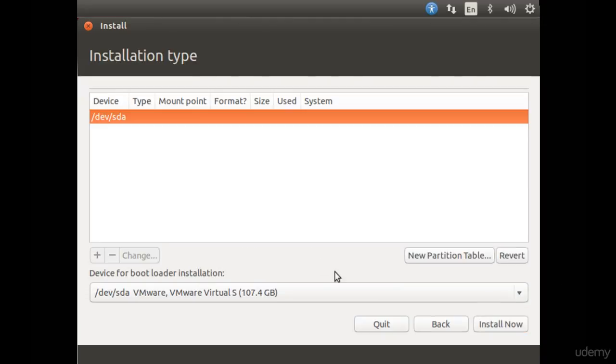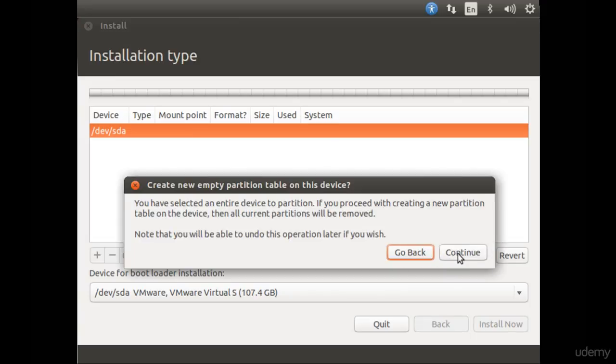And when I choose something else, there are three things I necessarily have to do while creating partitions. I have to create a boot partition, I have to create a root partition, and swap is not necessary, but it's always advisable to have a swap. So I will create partitions now. So this is my device, /dev/sda. It doesn't have any file systems, not mounted, nothing is there. So I'll just say new partition table and I'll say continue,